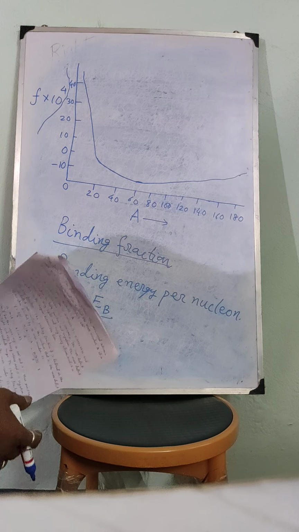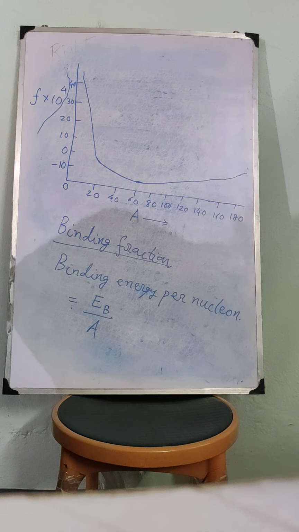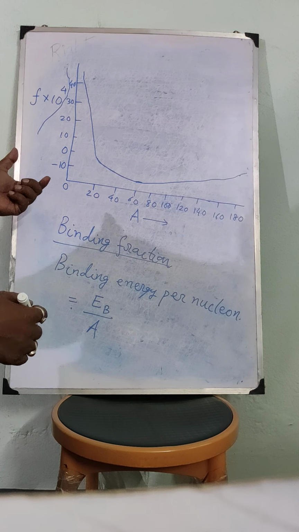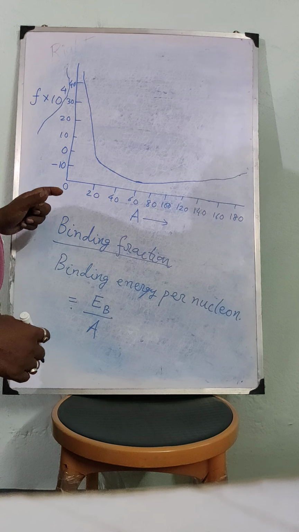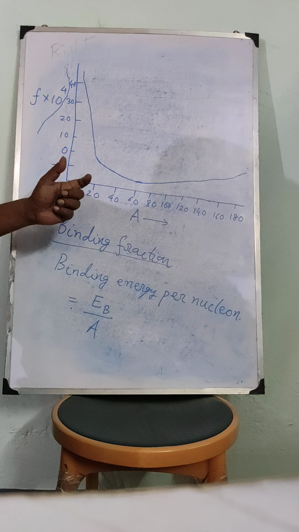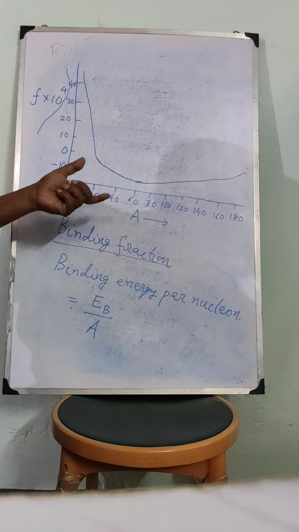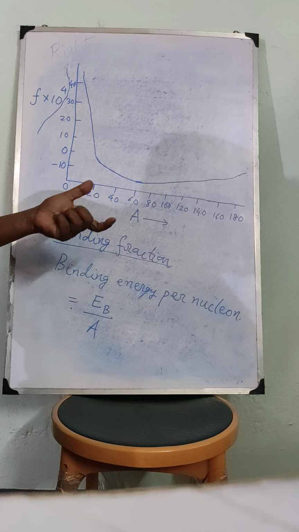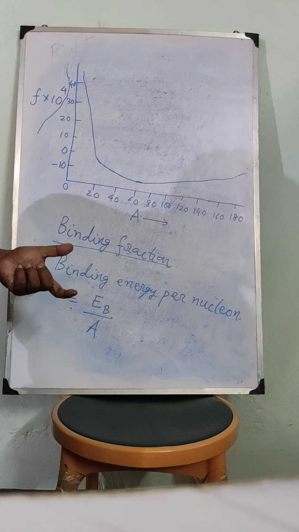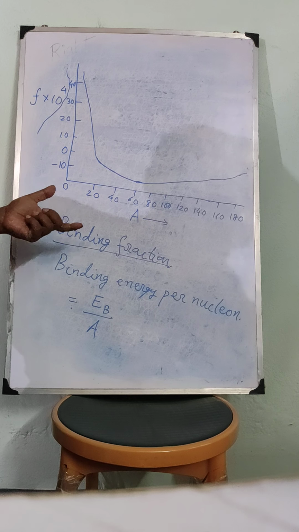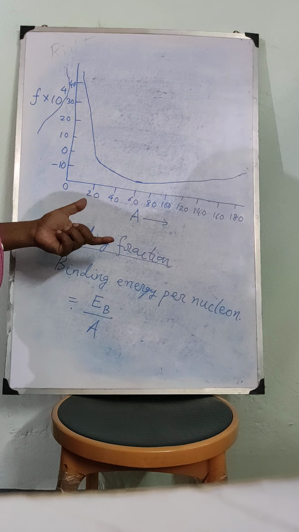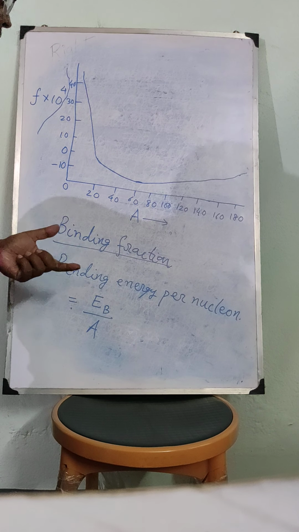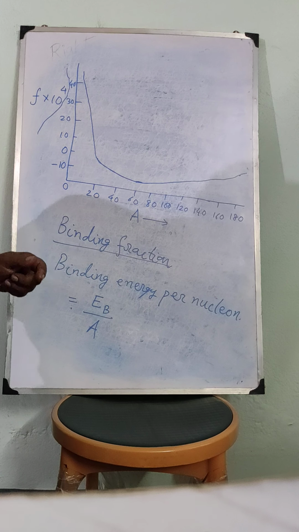Okay, so today we have seen what we mean by nuclear mass, then binding energy, then we have talked about the unified atomic mass unit. We have expressed the rest masses of the electron, proton and neutron in terms of the unified atomic mass unit. Then we have talked about the mass defect, then binding fraction, packing fraction, etc.